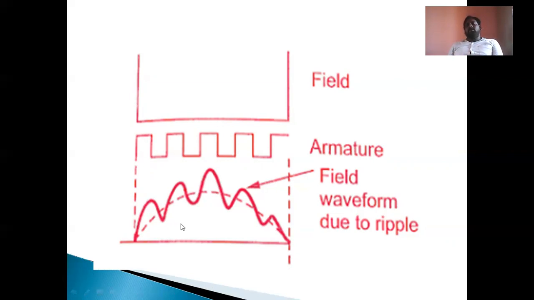So these are very dangerous. These are not desired. Due to these harmonics, output voltage reduces and skin effect also increases. Due to that, generated power can also decrease. That's why, to avoid these problems, we have to follow some methods which are called elimination methods of slot harmonics.